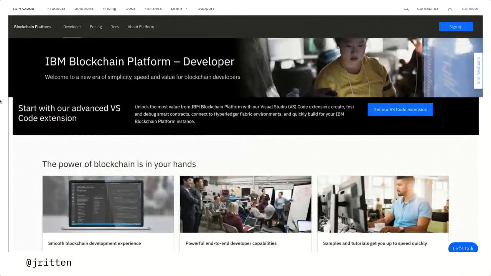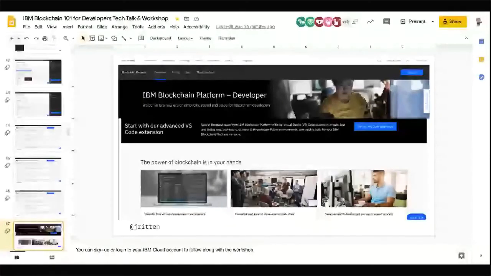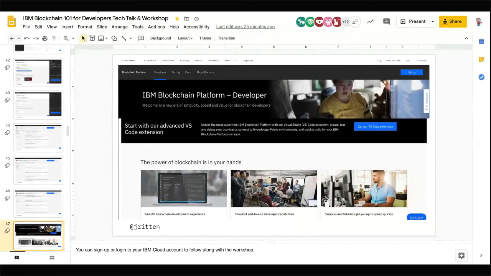So let me just get to all of my tabs. This is all in the slides, but just to make things a little easier, let's open this back up. Perfect. Okay.